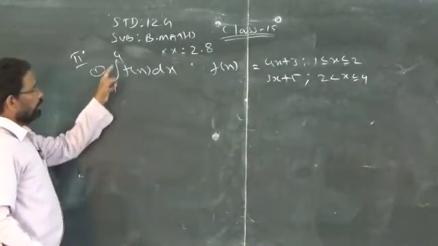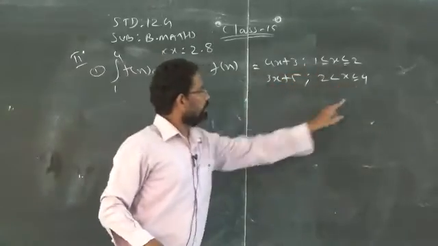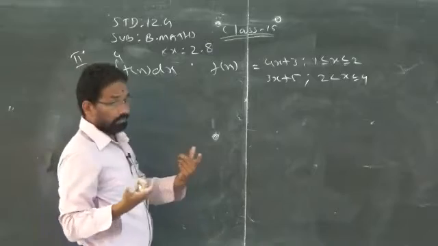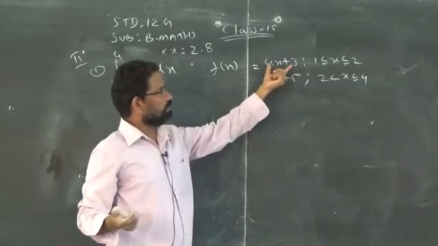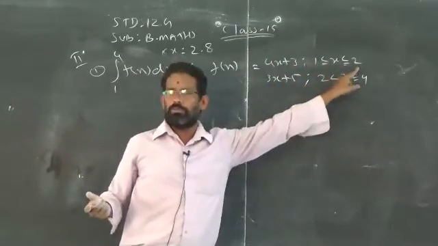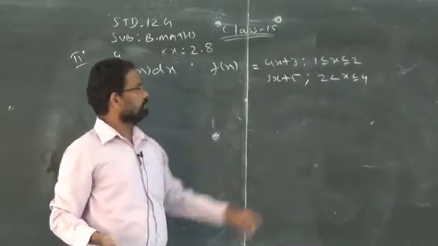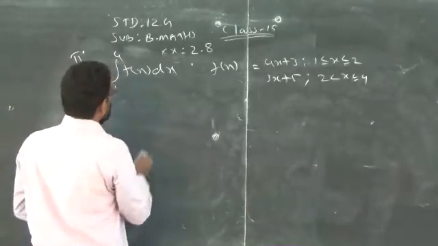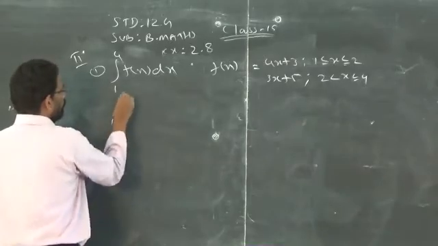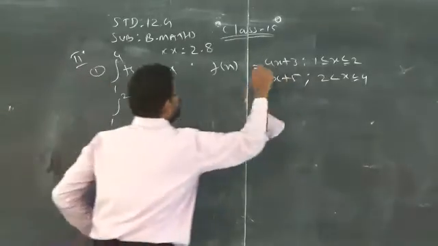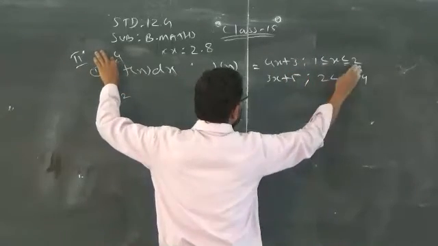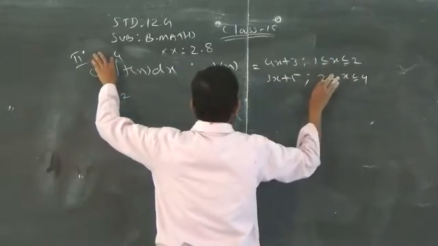So I have to find 1 to 4. See, the limit is given 1 to 4. This entire integration from 1 to 4 is divided into how many functions? 2 different functions. The first one, 4x plus 3, holds true only for the limits from 1 to 2. The second one, 3x plus 5, holds true from 2 to 4. So I just replace the f of x, because it is not given straight away. This 1 to 4 is split into 2 intervals. One is 1 to 2, another one is 2 to 4.